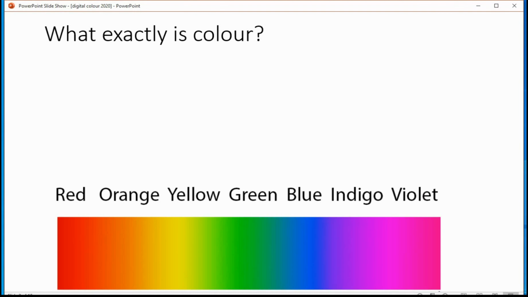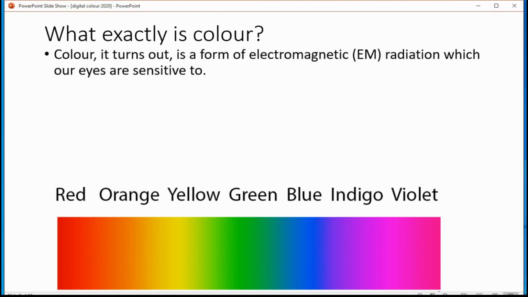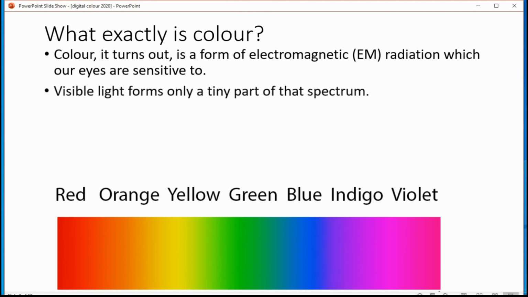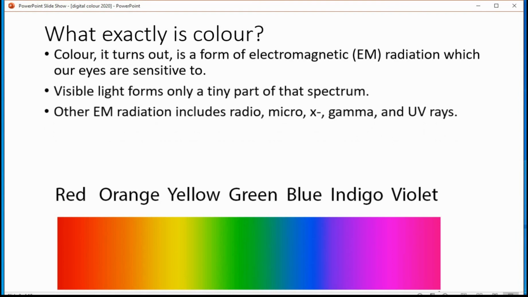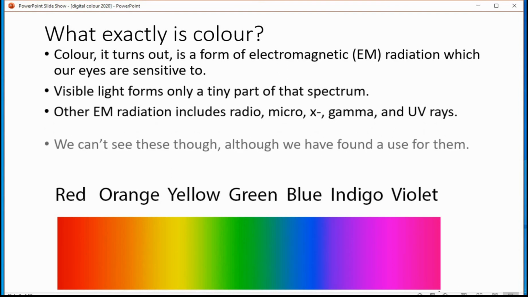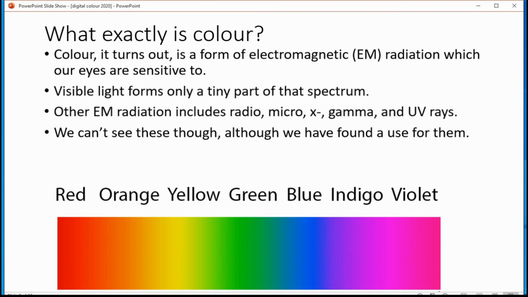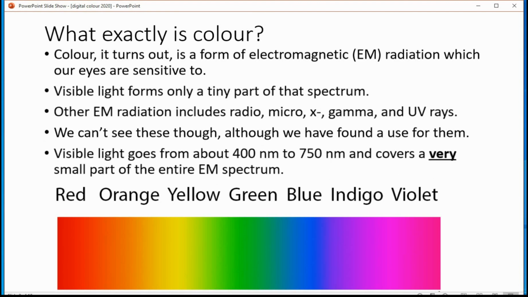What exactly is color? Color, it turns out, is a form of electromagnetic radiation which our eyes are sensitive to. Visible light forms only a tiny part of that spectrum. Other electromagnetic radiation includes radio, micro, X, gamma, and UV rays. We can't see these, though, although we have found a use for them. Visible light goes from about 400 nanometers to 750 nanometers and covers a very small part of the entire electromagnetic